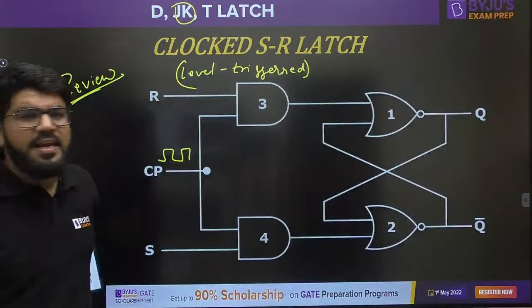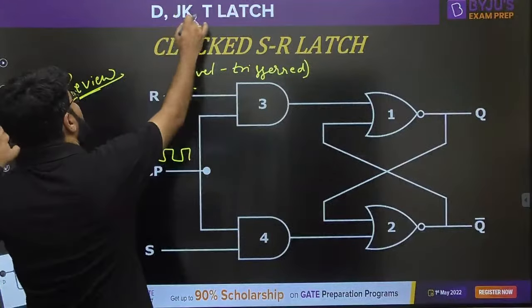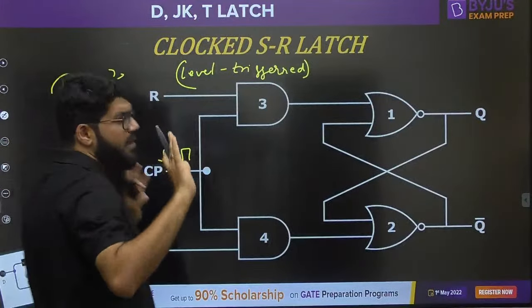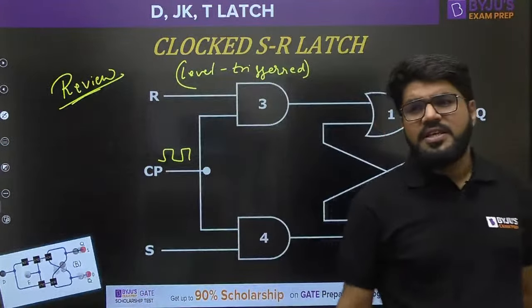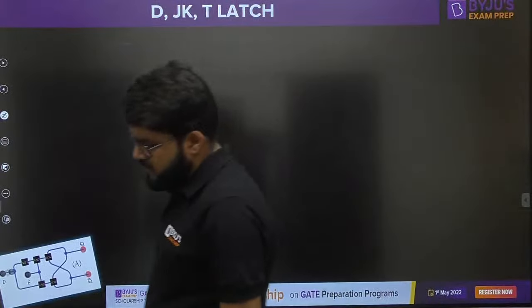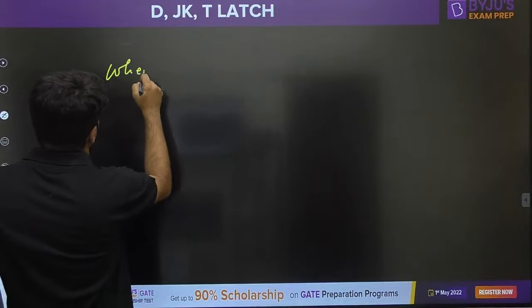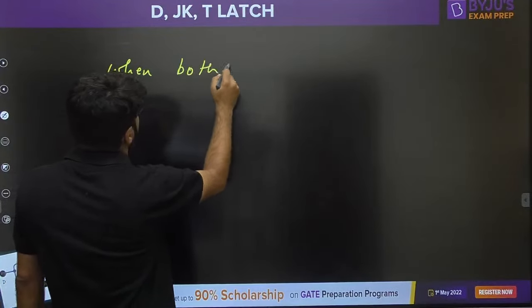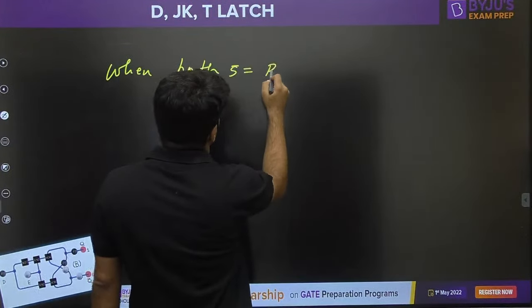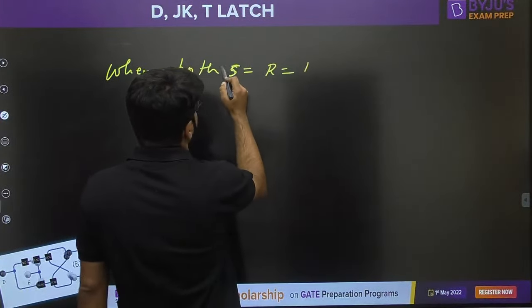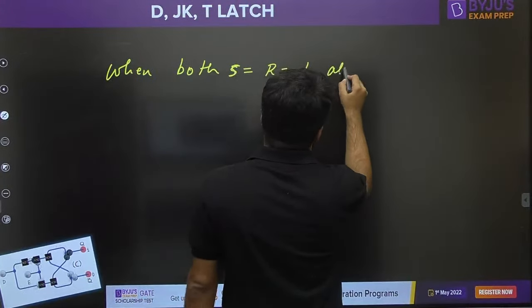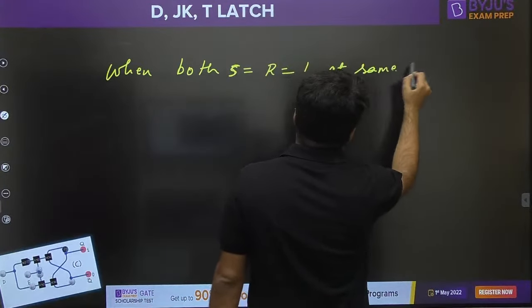When we go to the JK Latch, the problem of SR latch will be eliminated. So, I will just write down a small point. When both S and R equal to 1 at the same time,